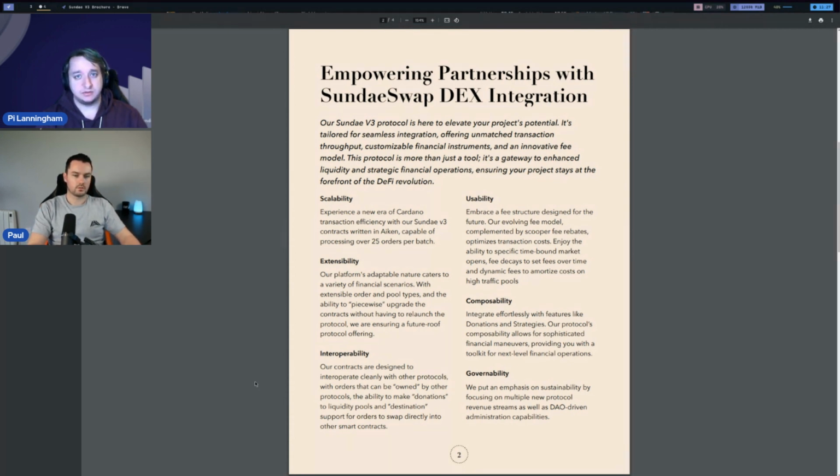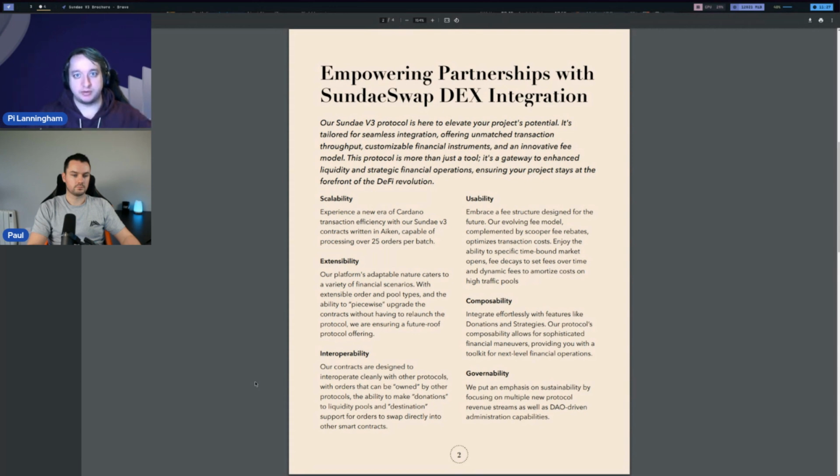The next big theme, and this is very similar to interoperability, is composability. So not only do we want to interoperate with other protocols, where you do something on one protocol and the results of that flow into interacting with the Sunday protocol, and the results of that flow into interacting with something else.